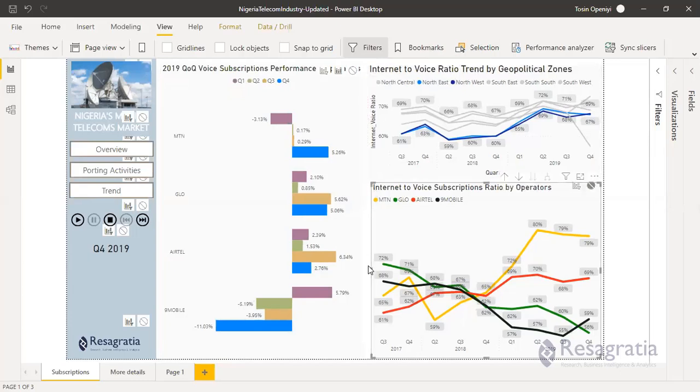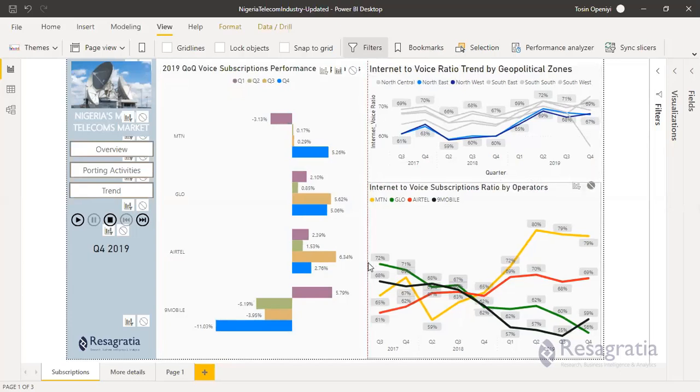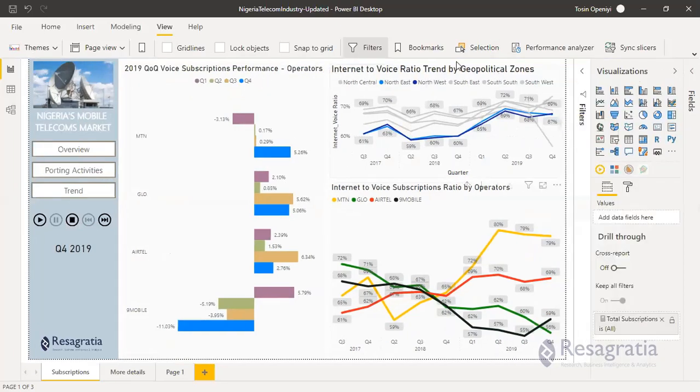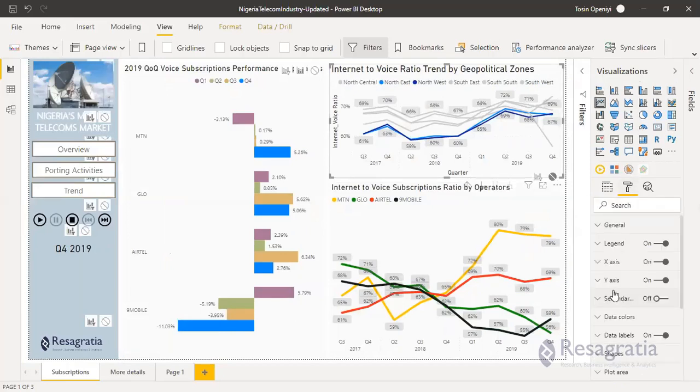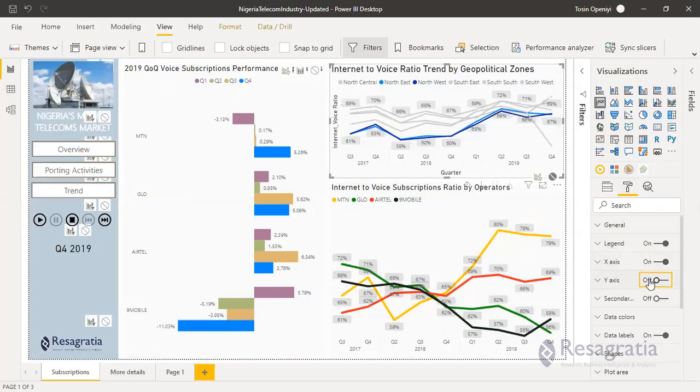All right, guys. Is it time to go for break? Oh, we are still good to go. So I want to just quickly clean this up. Y-axis, I don't need to see it.